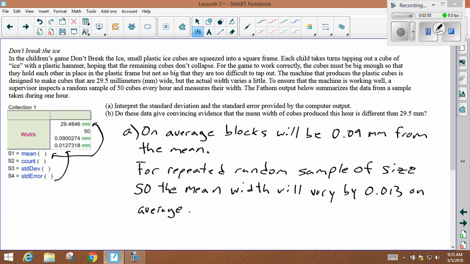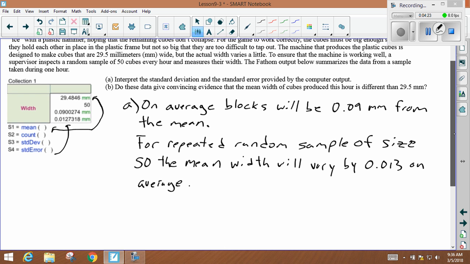Just trying to take it back a little bit to chapter 8, talking about confidence intervals. And the first part is taking it back, way back. Look at chapter 1. We interpreted standard deviation. Right. Do these data give convincing evidence that the mean width of cubes produced this hour is different from 29.5 millimeters? Well,